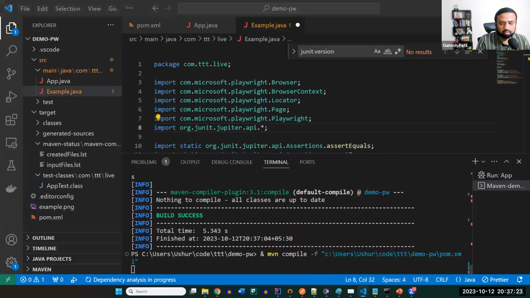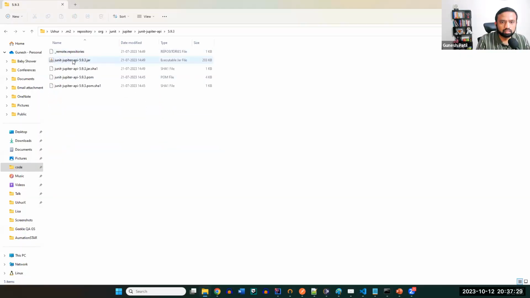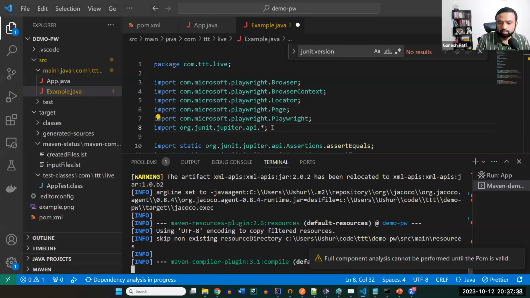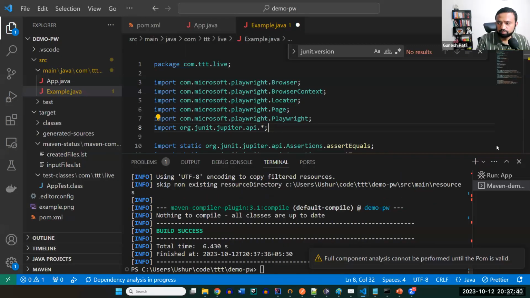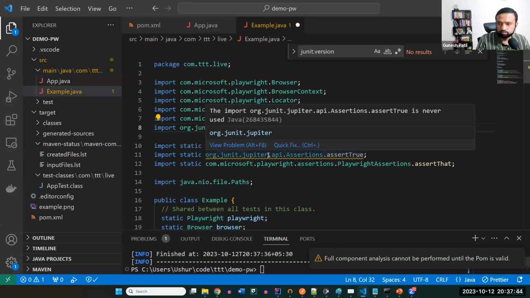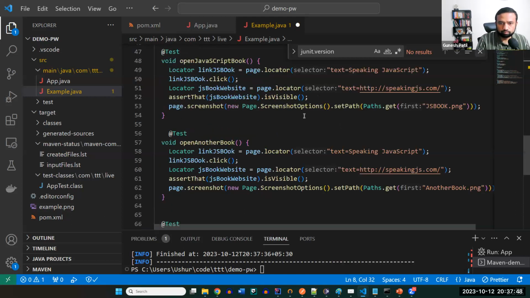Yeah, Ishan, I think I already have 5.9.3 on my machine, and I can see a downloaded jar here. One second, wait. Yeah, Gunesh, you can see? Okay, you are seeing the chart. Yeah, I'm seeing. Okay, perfect. Yeah, okay. 5.9.3 worked after removing the scope. Thank you, Pooja. I think this is used. Okay. Let's do that. And then